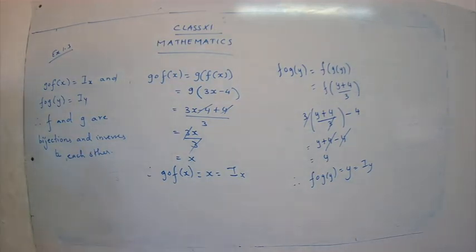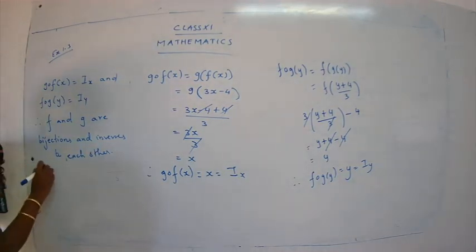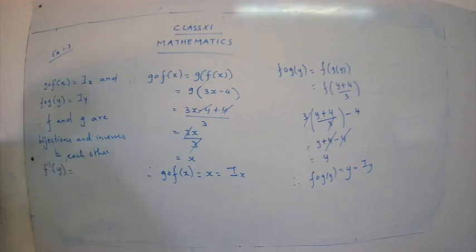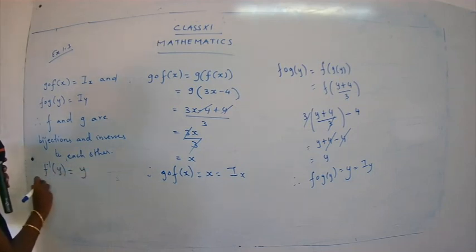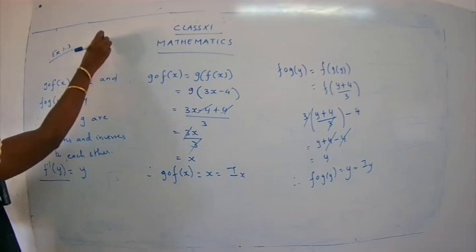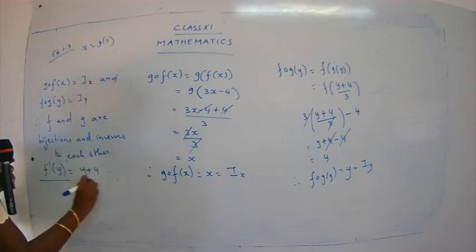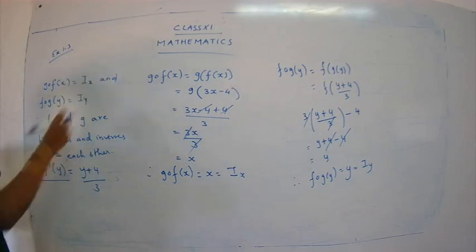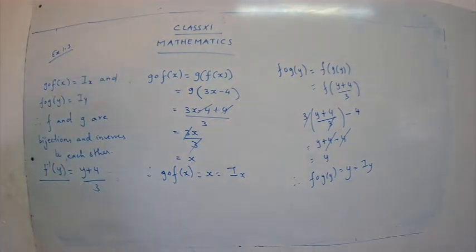Okay, so now we have to write the value for f inverse y first. What is f inverse y? Write down the value for y. f inverse y, what's the answer? That is, you are going to write the value for x. What is the value for x? (y plus 4) upon 3. So how to write the value for f inverse y? Write the value for x or write the value for g of y. So you get (y plus 4) upon 3. Yes, so the inverse is (y plus 4) upon 3.